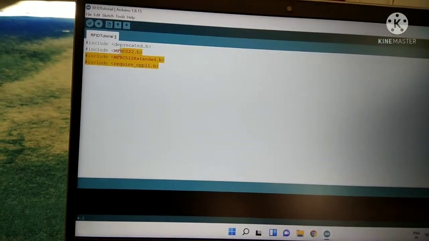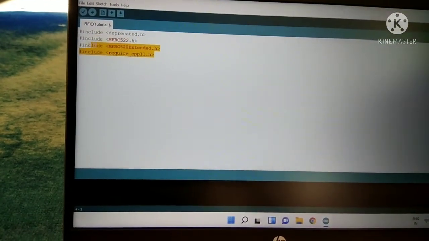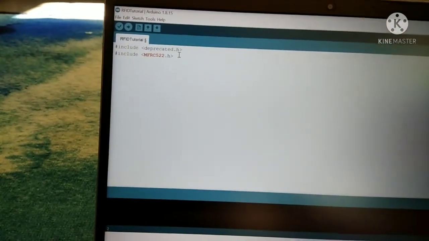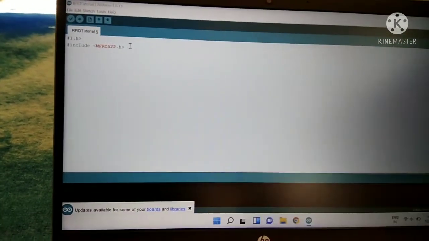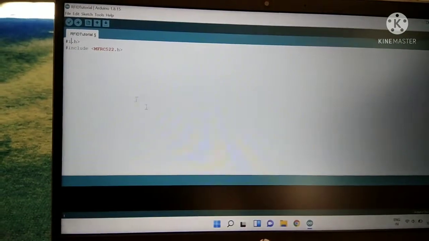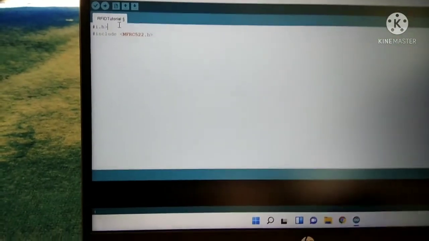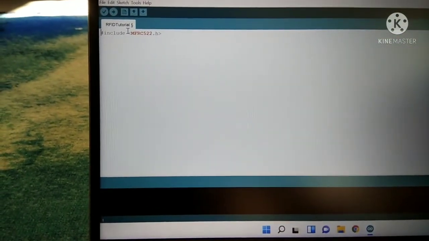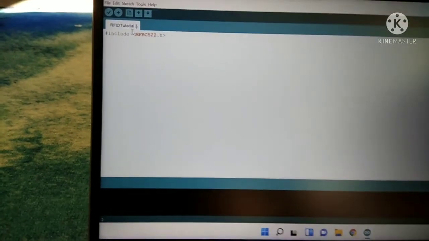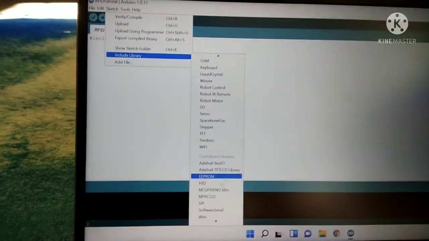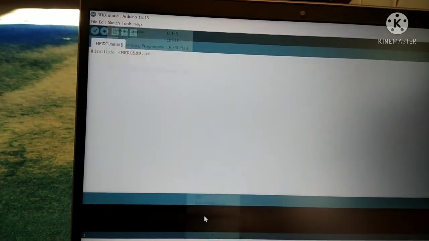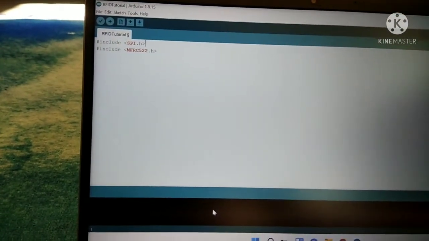We don't need those 4 components, only the starting one, and we can delete the remaining part. Done. One more library which we need is the SPI library.